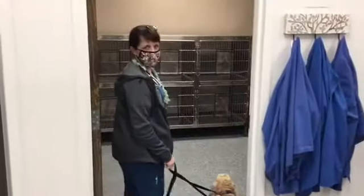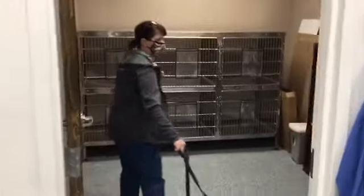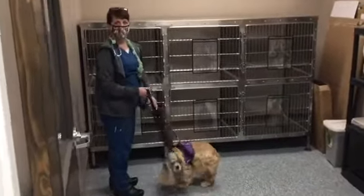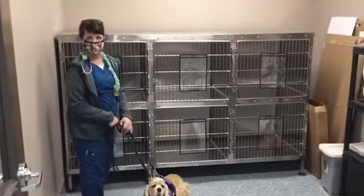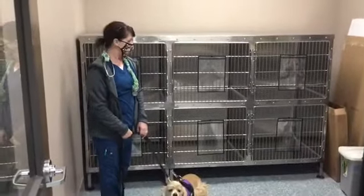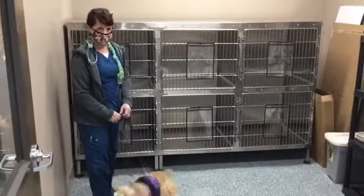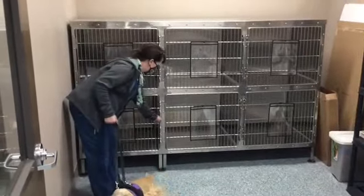So this room right here is our cat room, and so these kennels here are for when we have kitties that come into the clinic that may not be feeling well, or they need to be dropped off and seen a little bit later during the day. So these kennels,